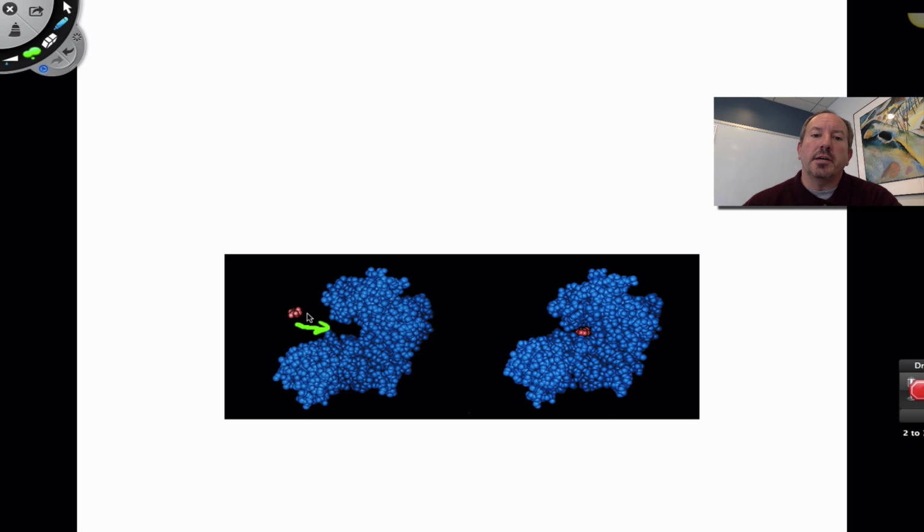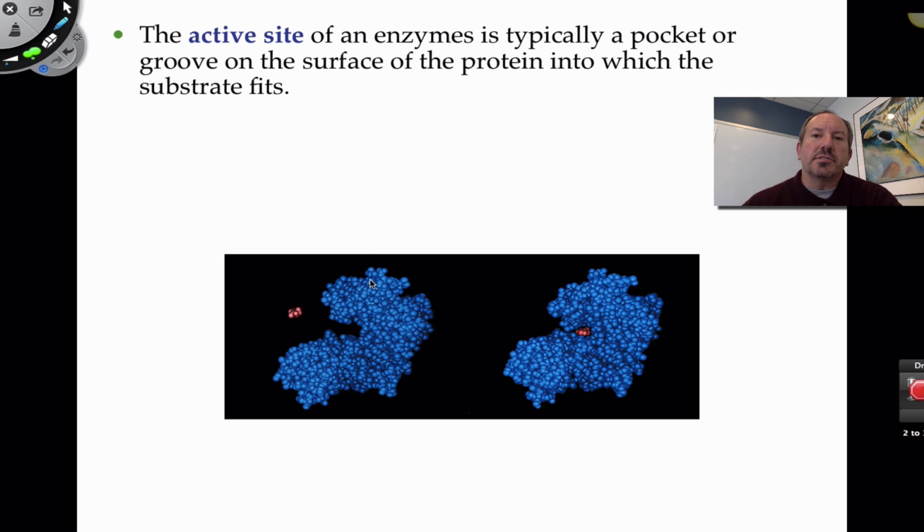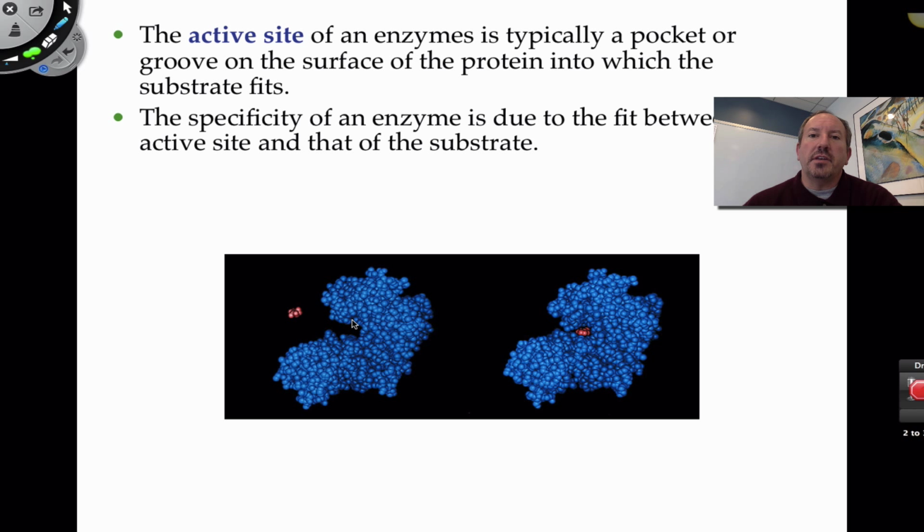This little area right in here where substrates fit in, that's very, very specific, is referred to as the active site. That's a very important term, the active site. It's where the chemical reaction is going down. Now, what's interesting is there's a temporary bonding that occurs, and I'm going to talk about that a little bit later. The active site is typically like a pocket or a groove in the protein three-dimensionally, or an alcove for which the substrates fit. And the specificity of the enzyme has to do with that active site. That's very, very critical.